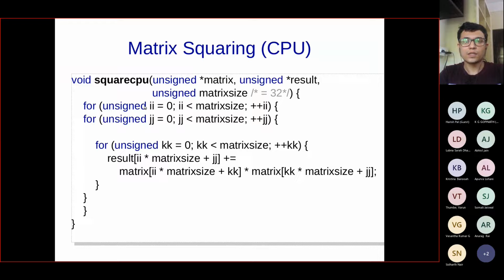So let us start with our first use case or our first example, which is matrix squaring. We have already seen this matrix squaring application in the computation lectures. During those lectures, we saw how to do matrix squaring. But if you remember,